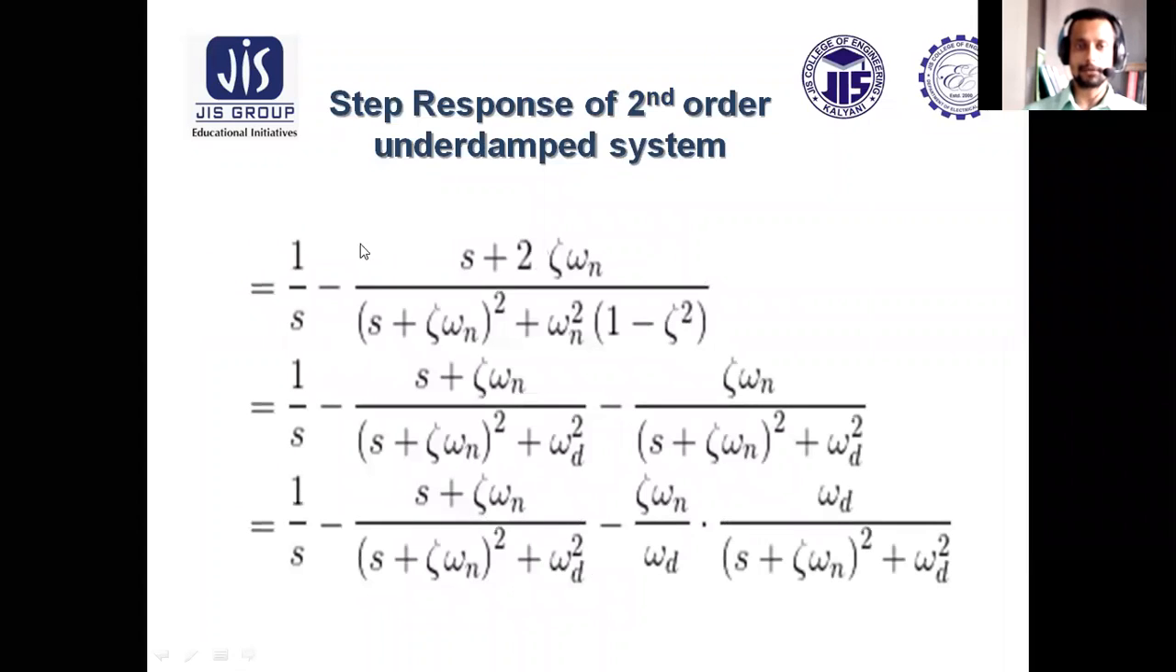Now we have got up to this in the last slide. Now 1 by s minus this, s plus 2 zeta omega n, is broken again in two parts, s plus zeta omega n and zeta omega n. So this is broken like this, 1 by s minus s plus zeta omega n by s plus zeta omega n whole square plus omega d square, minus here it is zeta omega n, so zeta omega n by omega d into omega d. So omega d is again taken extra. Why have all these been taken extra? See, you know